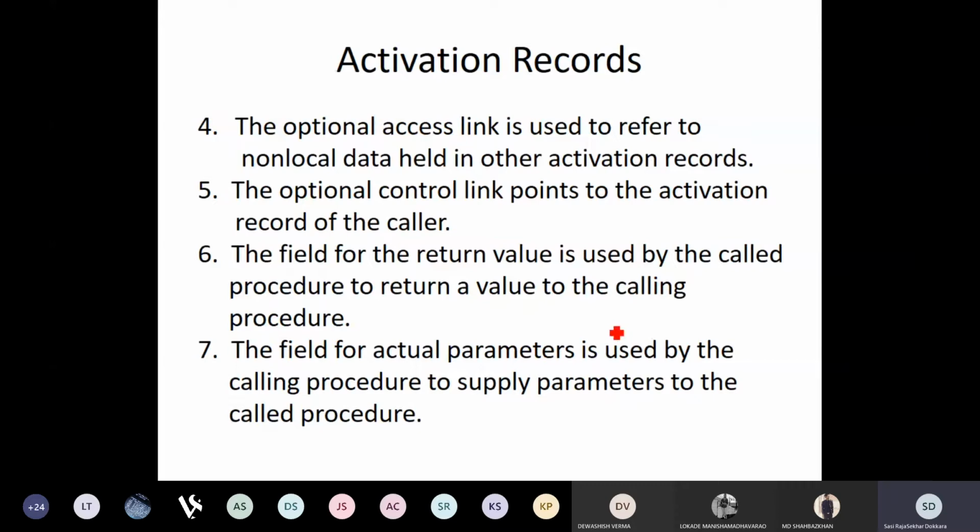Then the field for the return value is used by the called procedure to return a value to the calling procedure. In case something is to be returned to the calling procedure, the field for return value is going to be used.